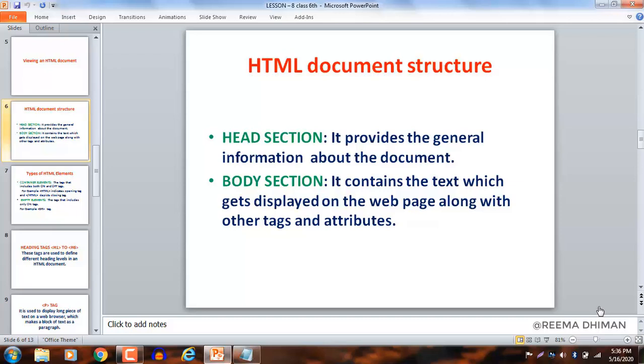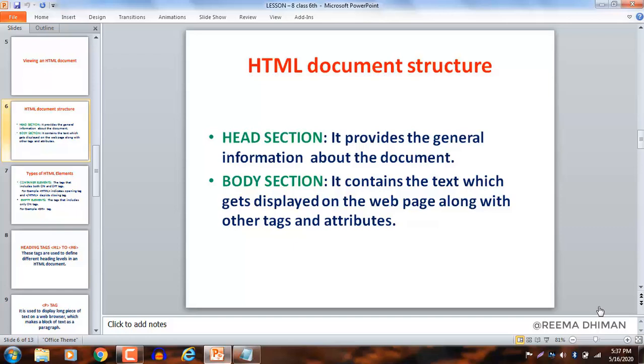So as the name indicates, head section. Clear? From this you can take the idea that it is used for some sort of headings and titles, etc. So head section is used for that reason. And what is body section? The body section contains the text which gets displayed on the web page along with other tags and attributes. It includes text, graphics and other HTML elements that provide control and formatting of a page, like fonts, paragraphs, lists and other elements.